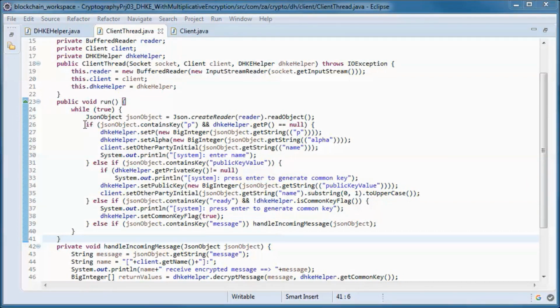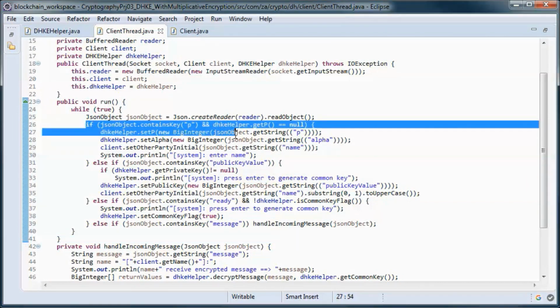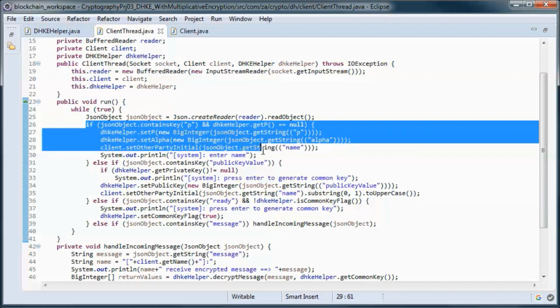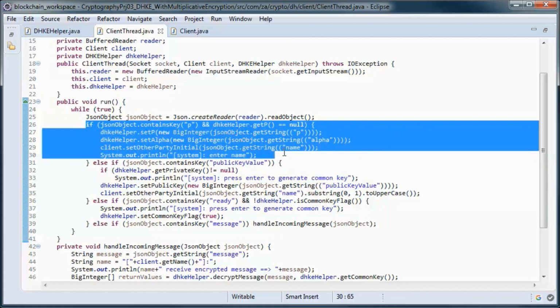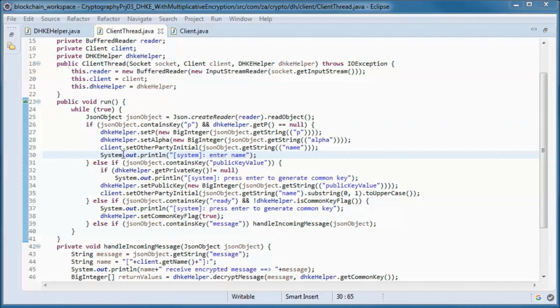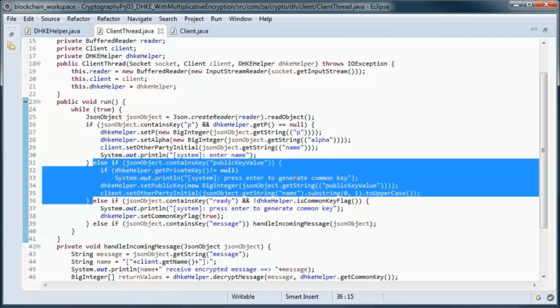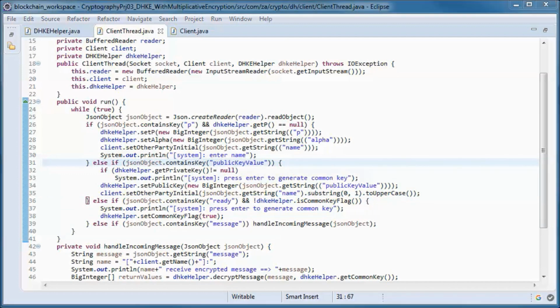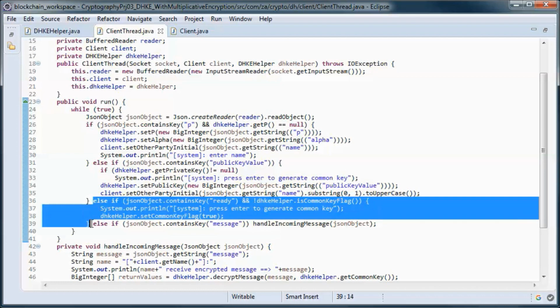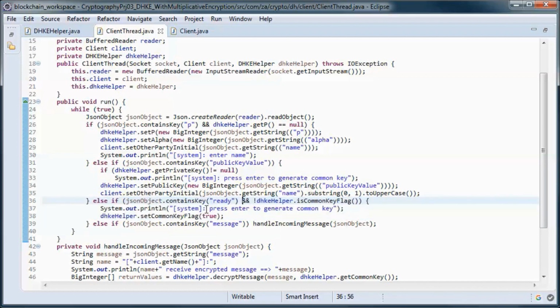So here we are picking up P and alpha from the other client, and here we are picking up the public key, and here we are prompting the user to press enter in order to generate the common key.